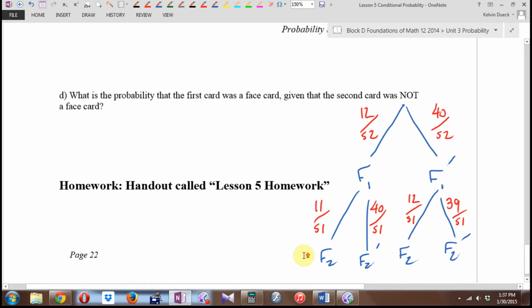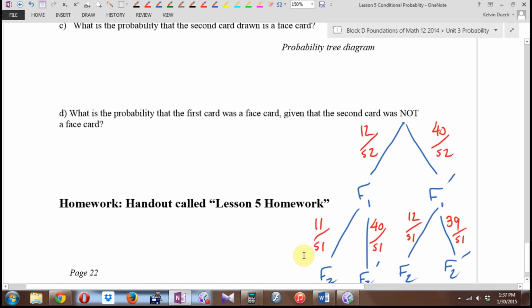All right, let's answer part C. Second card drawn is a face card. That's 2 branches. See it? 2 branches end in F2. It's going to be, hey, why don't you try it? I'll do it up here. Let's see if we get the same thing. It's going to be